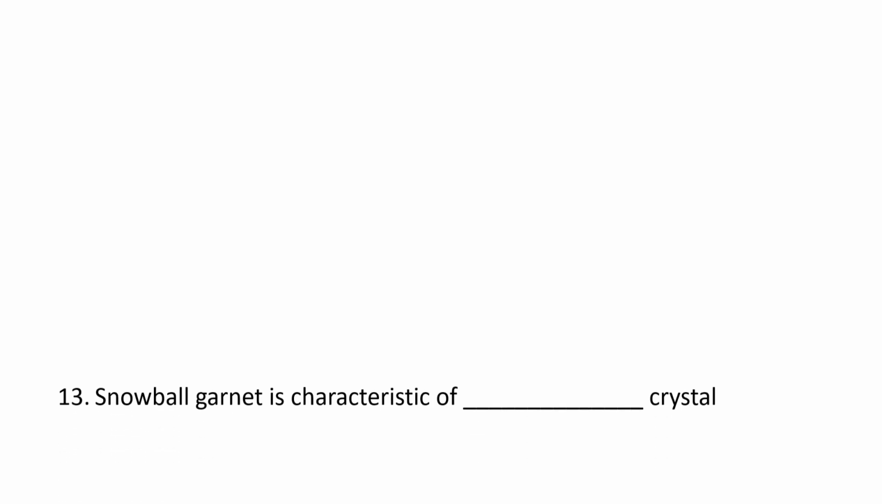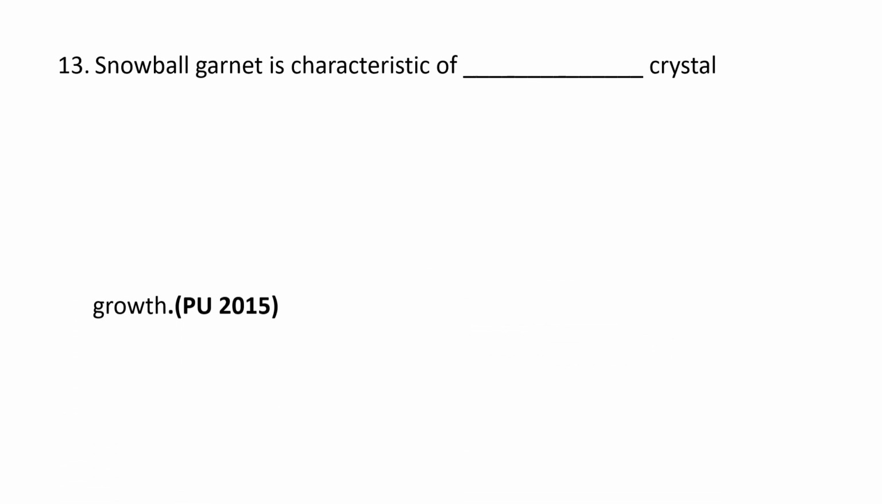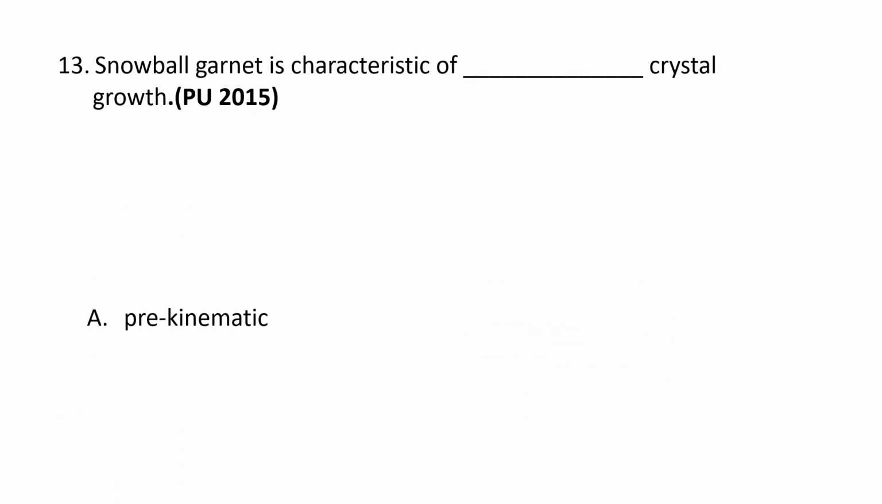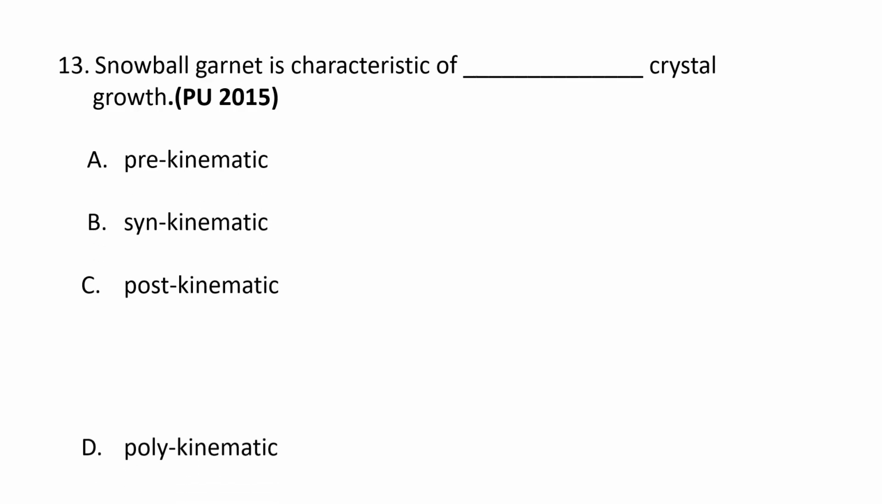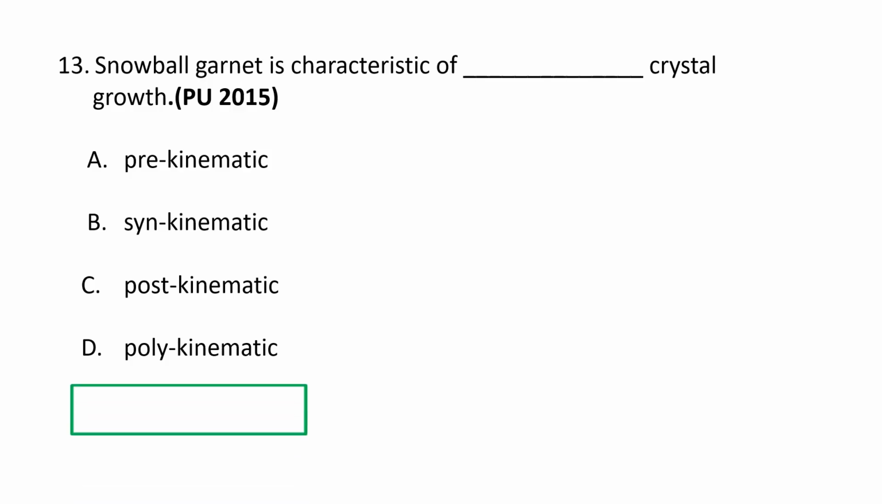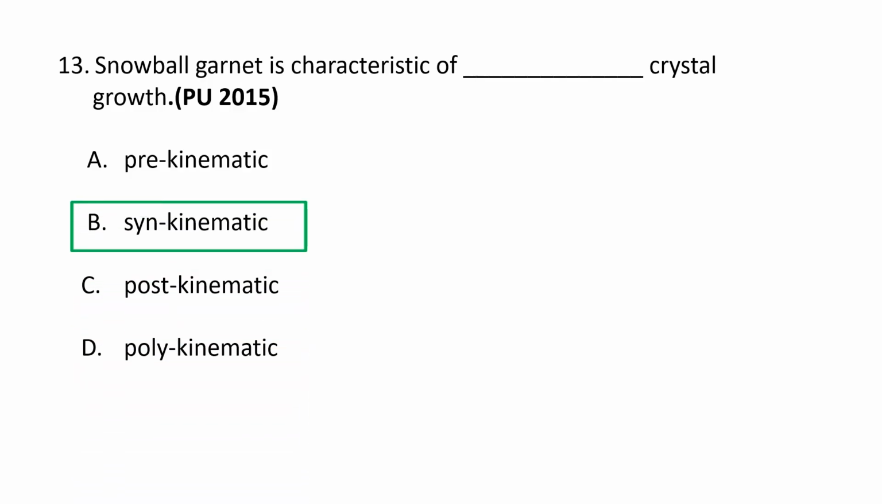Next question. Snowball garnet is characteristic of what type of crystal growth? A. Pre-kinematic, B. Synkinematic, C. Post-kinematic, D. Polykinematic. Snowball garnet is characteristic of synkinematic crystal growth. So it is a hallmark of synkinematic porphyroblast growth, indicating rotation of the crystal during growth under the conditions of dynamic metamorphism. So snowball garnet is characterized by spiral type of inclusions, and so this is inclusion of synkinematic